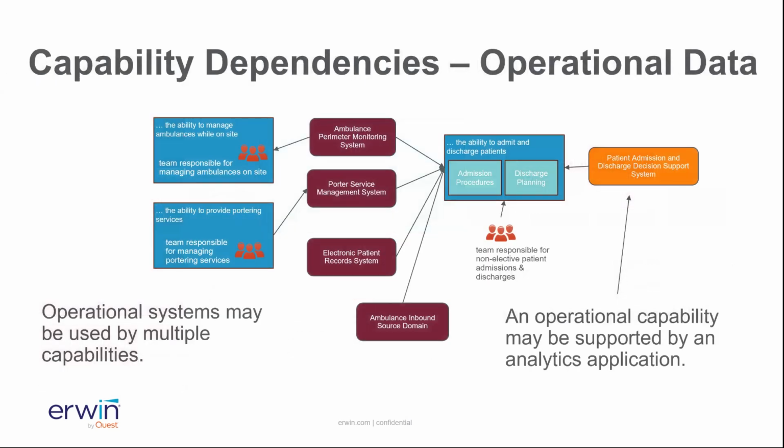And of course, there are lots of capabilities inside a hospital, and those capabilities might share the use of some of these systems. So the electronic patient record system is used widely across the hospital. There'll be lots and lots of capabilities that work with that. But there'll be other systems in there like management of ambulances while on site, and maybe porters as well, portering services. So there's like a chain here of abilities collaborating with each other inside the hospital, all using a set of systems to coordinate the data underneath for operational reasons.